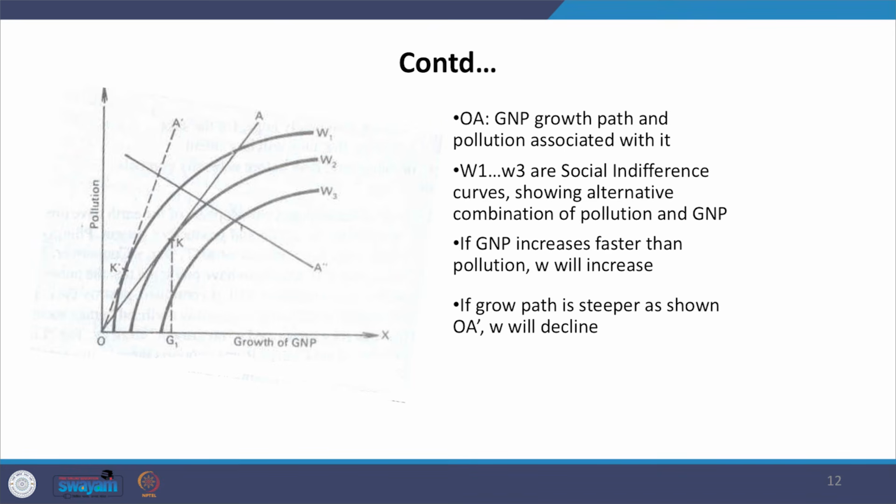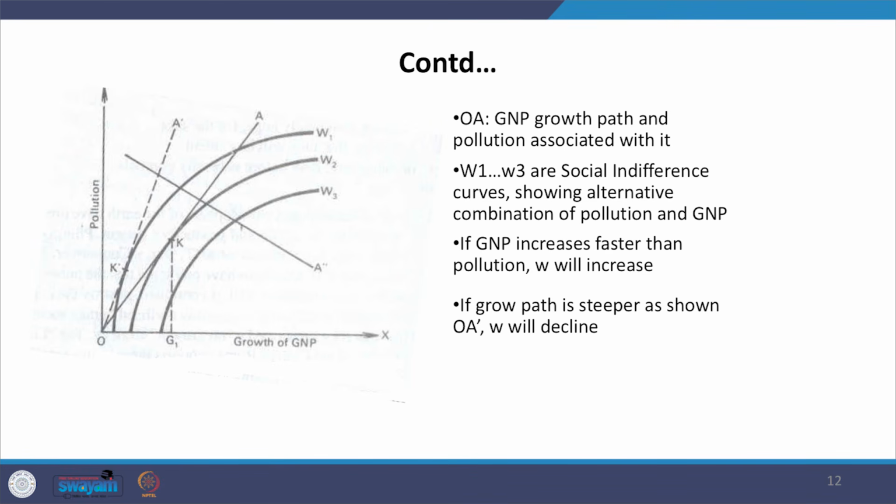For example, in India, if a major part of the GDP is coming from green sources of energy, like solar energy, and if we use sustainable resources, then we can achieve high GDP, but not necessarily high pollution. So that is one important argument made by economists, that there may be a possibility in any economy that a high growth rate of GDP may also lead to a reduction in pollution.